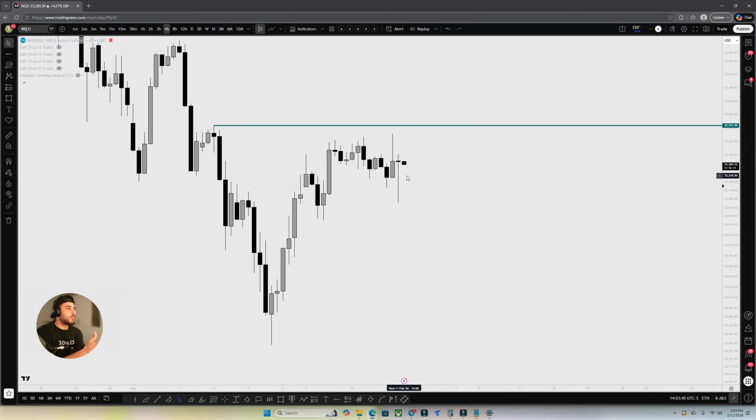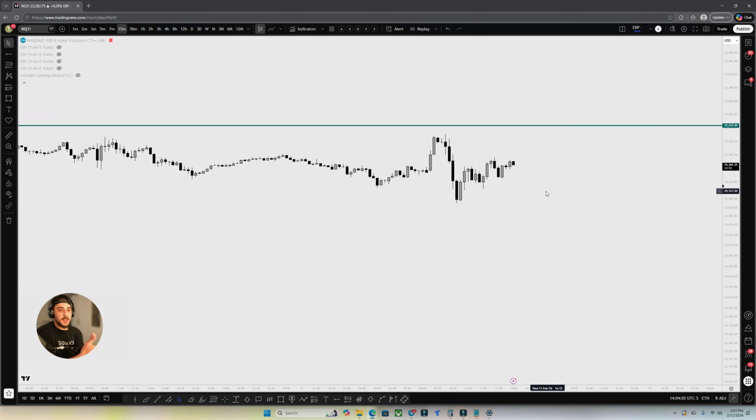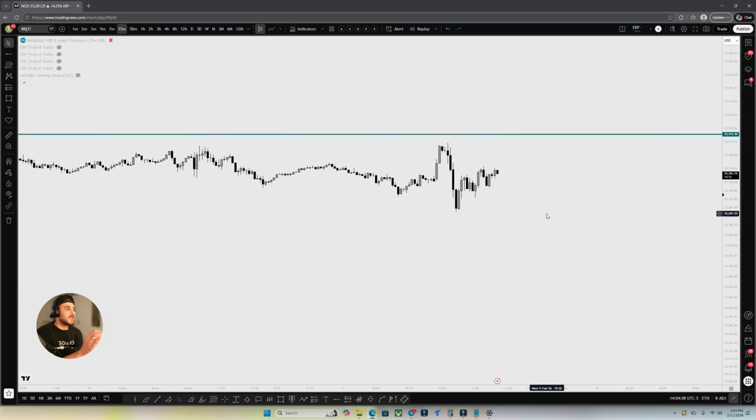And not only that, it's one of the market environments where most people will find themselves buying the retracement, then getting stopped out, then shorting the highs and getting stopped out on a push up. And inside this consolidation, the whole time the market is just chopping back and forth. But in the moment, while you're trying to trade, you're looking at a 15-minute market structure break or whatever the case is, and you're getting chopped up in this type of price action. Now we've all been there. There's no shame in it. But in this video, I'm going to talk about exactly why this happens and how to avoid it.